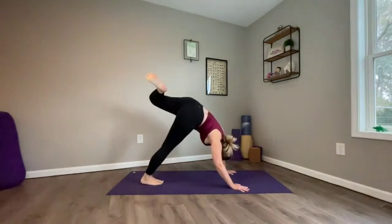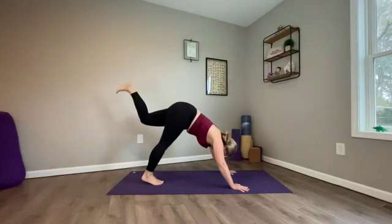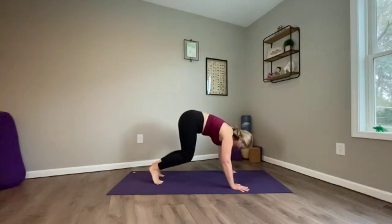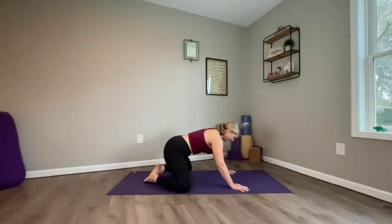Finding as much space and stretch in this posture as you can. What works for you. Come back to center. Lengthen the leg, bring it to the ground. Send the knees to the ground as wide as the mat. Big toes to touch. Let's find a nice wide